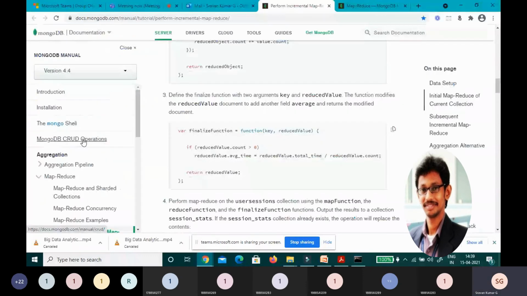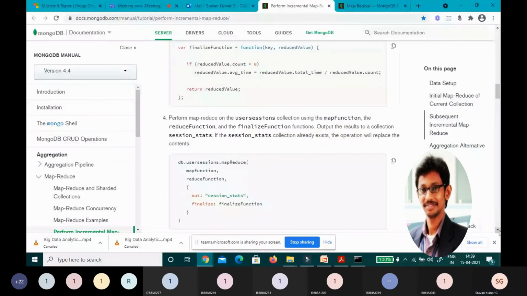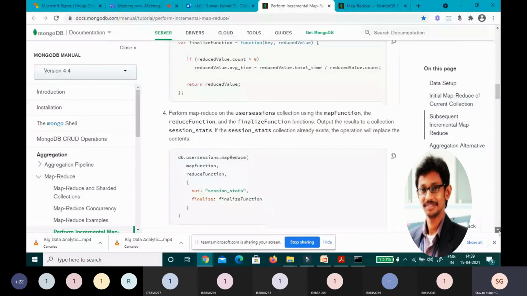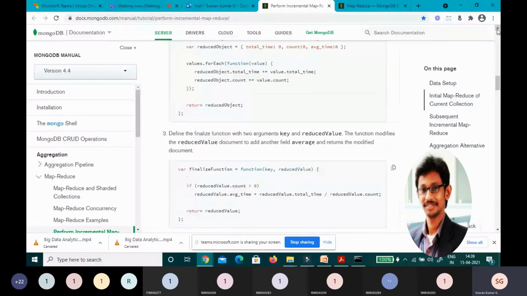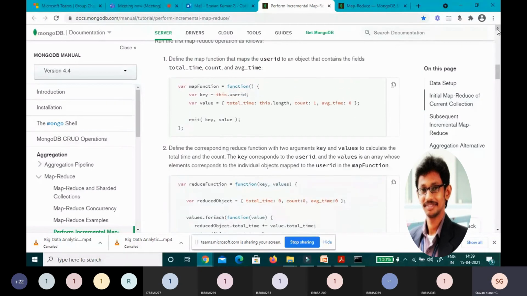Now I'm going to write the mapReduce call. See here, db.user_sessions, and upon user sessions I'm going to write the mapReduce method. In this mapReduce method, I'm going to pass the map function, which we have already written. I'm calling the map function which I've written here.